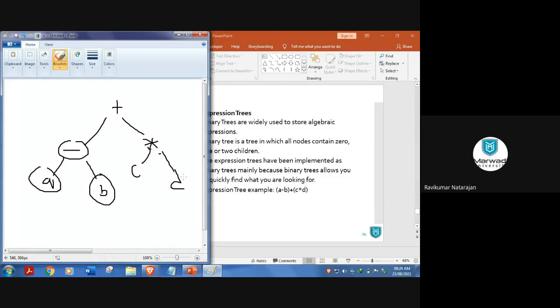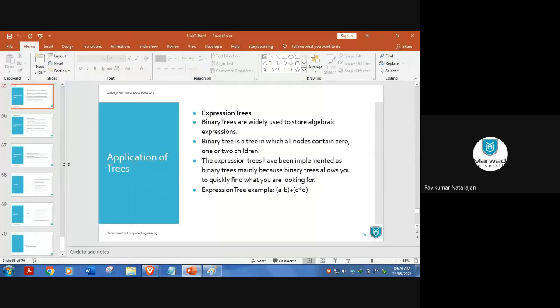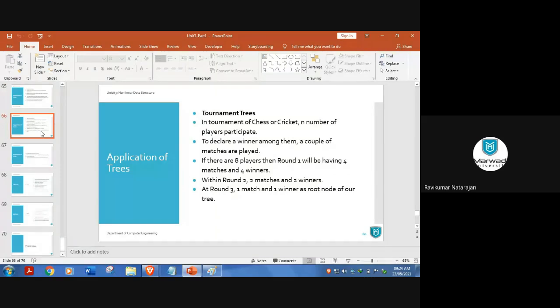This is also an advantage and application of that. Then you might have seen this IPL chart, how they are forming a team. Team A, Team B will be there. World Cup matches, they will draw a hierarchy diagram. Have you seen that? Team A will be the root, and then there will be 4 teams, and then final, semi-final, league matches, and then they will keep on minimizing the tree.